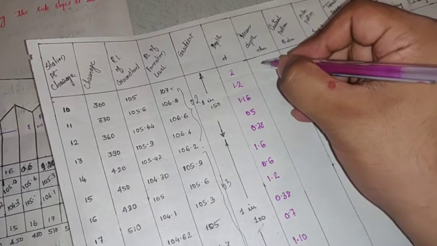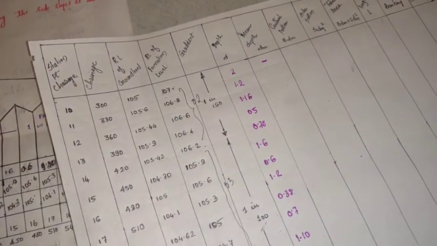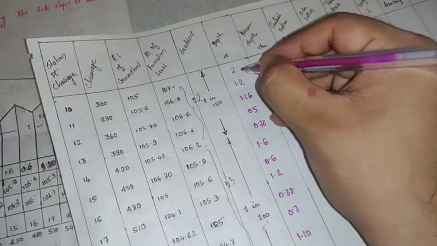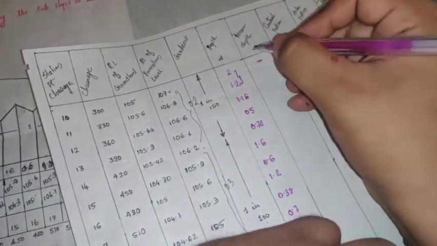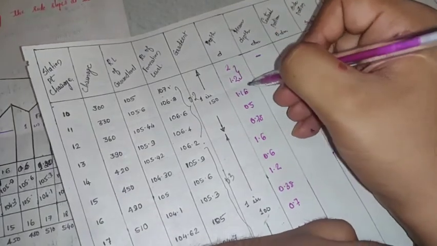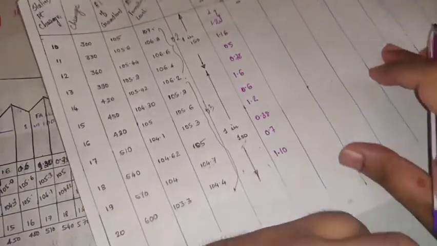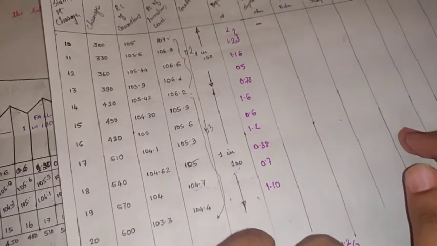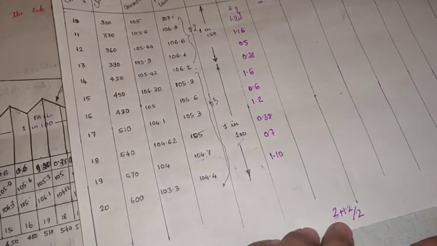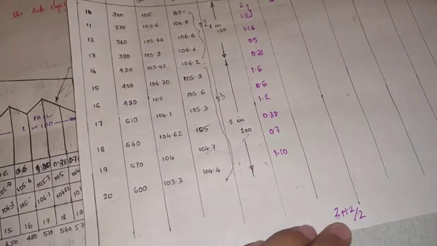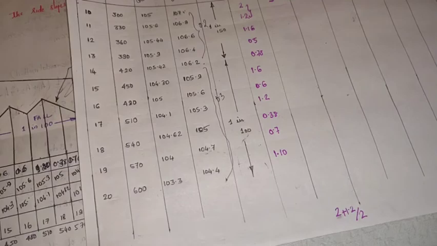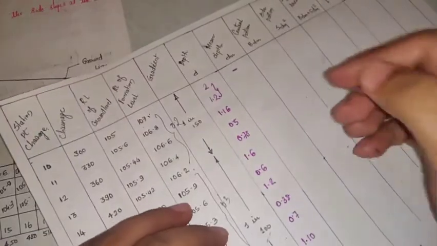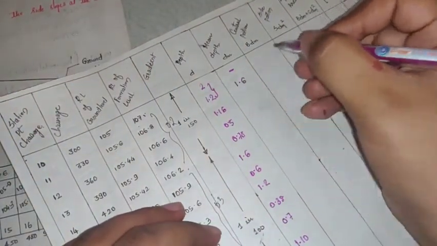Now when I say mean depth, it is 0 at the in-between part, so the first point is dash, so I'll take the difference of these two. Mean depth is the difference of the first point and second point. It is like 2 plus 1.2 divided by 2, so it is 3.2, 3.2 divided by 2 is 1.6. So similarly, I'll write 1.6.